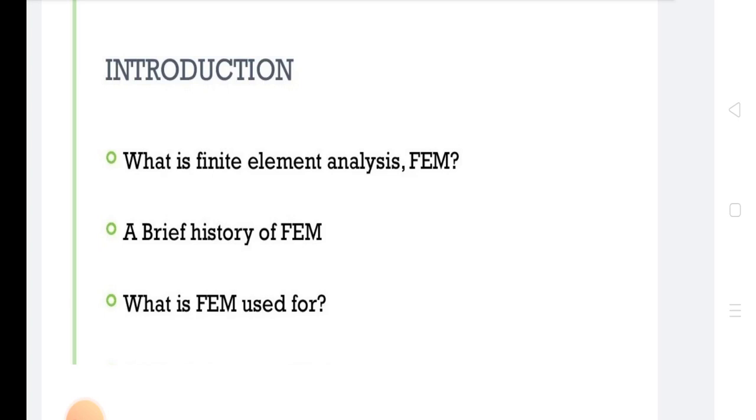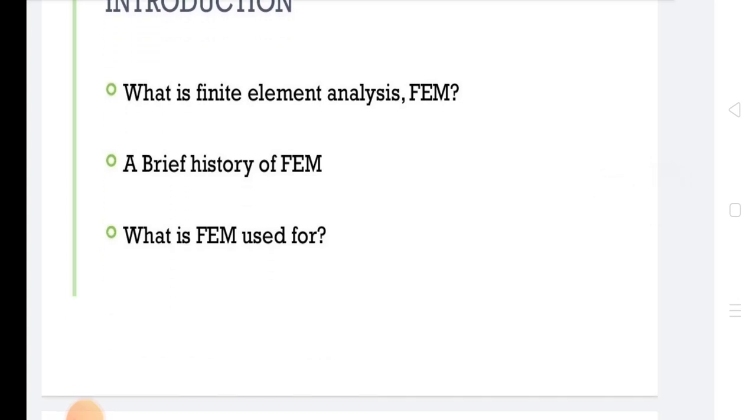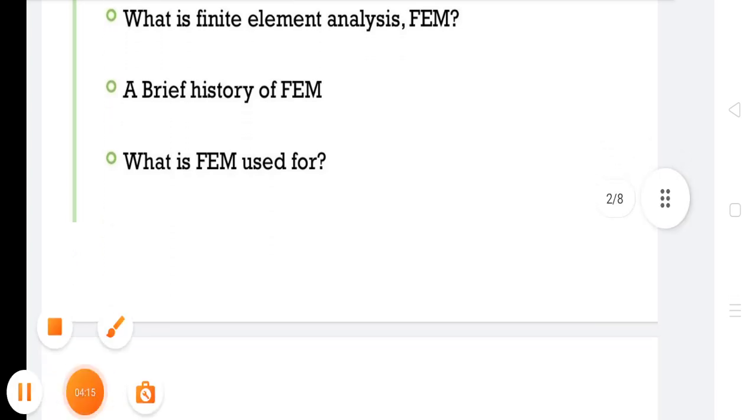Each element, joining nodes and forming a specific shape such as a bar, triangle or quadrilateral, is known as a finite element. Degree of freedom: the minimum number of parameters required to define the position of any object in space is known as the degree of freedom. And last is loads or forces, which is also a very important topic.